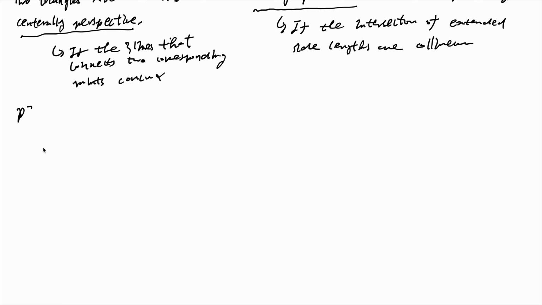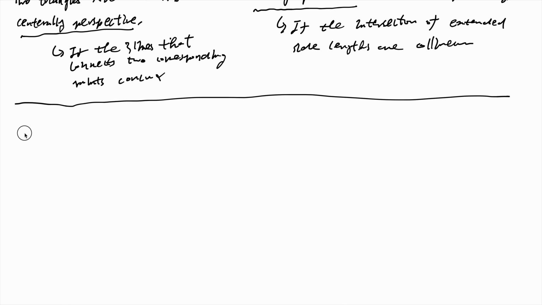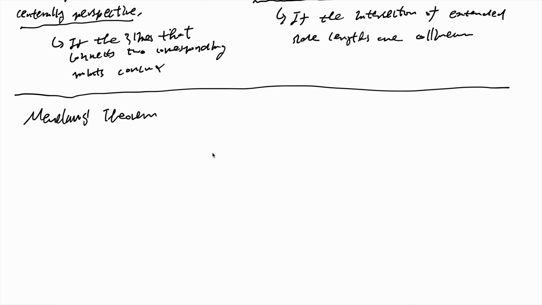So before we start our proof, let's consider Menelaus theorem. I think most of you might know that. So if we have something like this, and we have triangle ABC, and usually they use PQR, so